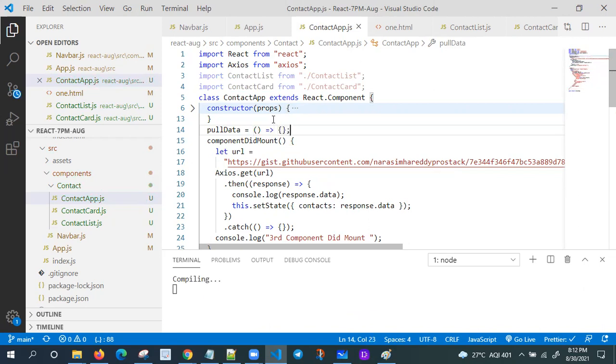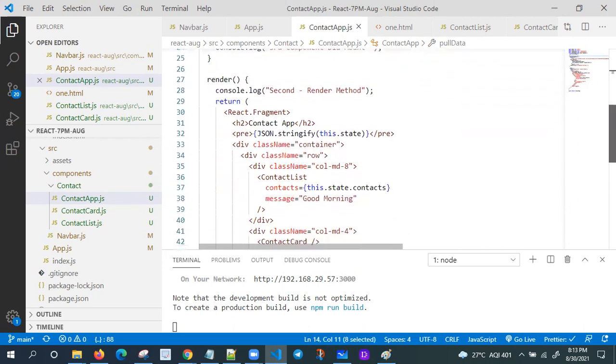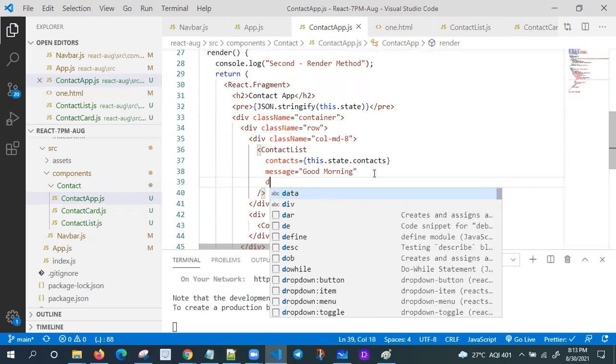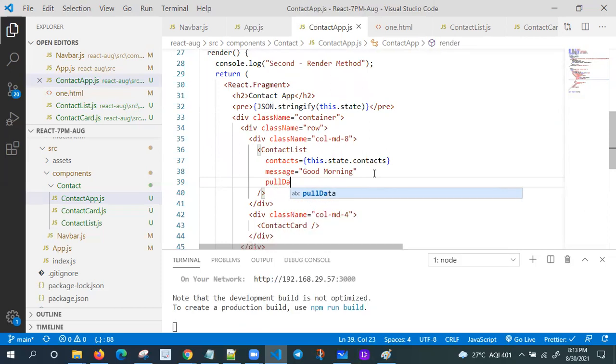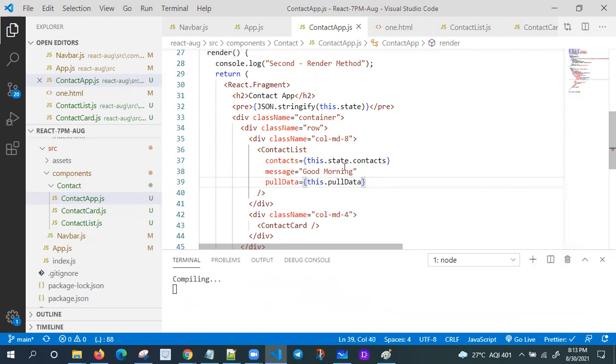This is a custom method. I'm sending this pullData method as a property here. You can give any name. pullData equals this.pullData.